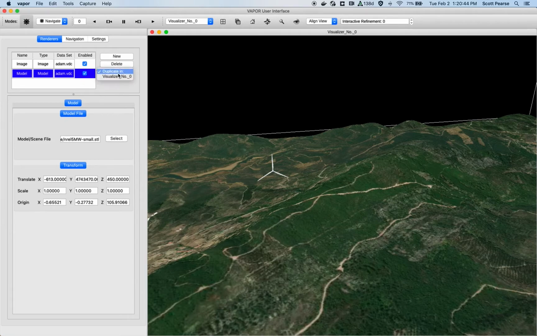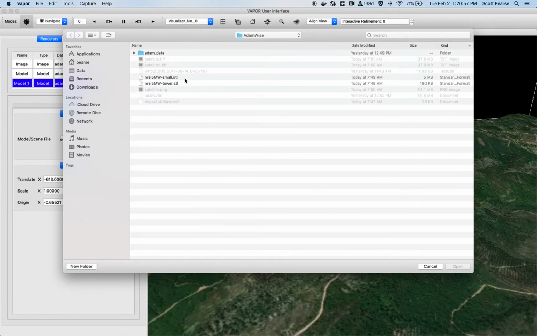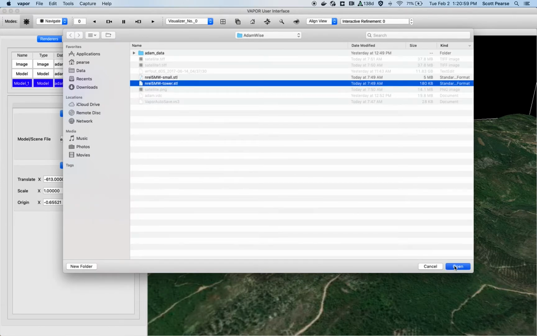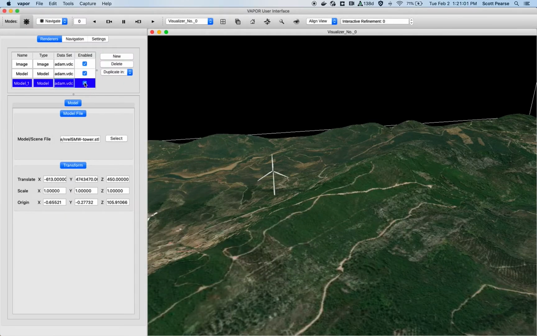The next thing I'm going to do is load in the tower, and to do that, I'm going to click on this duplicate button. I can duplicate this renderer on this visualizer, and it will apply all the same settings to a new renderer, except what I'm going to change is the model file. So I'll select the tower, and then I'll turn it on,